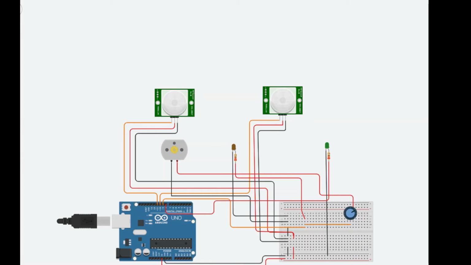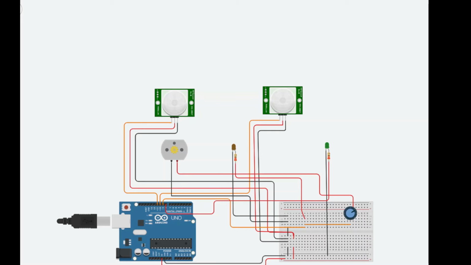This is a circuit for the entire system of the box transfer machine. For the operation of the machine, we have used Arduino Uno R3 over here, and to sense the box at the starting and the finishing end of the machine, we have used PIR sensors which detect the box. We have used a potentiometer to adjust the speed of the belt, and a yellow LED indicates the machine turning on or off, whereas the green LED blinks for every box that reaches the destination.